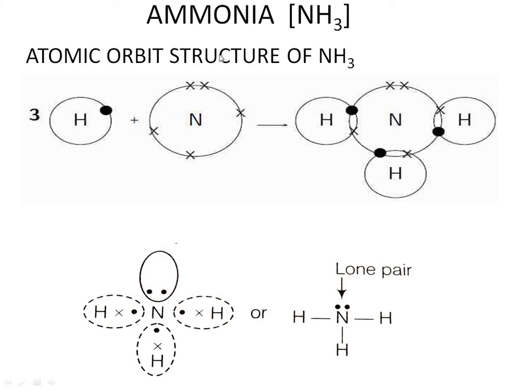Now in this atomic orbit structure of ammonia, each hydrogen atom will be holding 1 electron, so totally 3. All the 3 hydrogen atoms badly need 1 electron to obey the duplet rule, or to get the nearest noble gas, helium. Now in the case of nitrogen, the atomic number is 7. So 2 electrons in the K shell. The K shell we have not represented. As per the covalent molecule, we represent only the electrons present in the last shell.